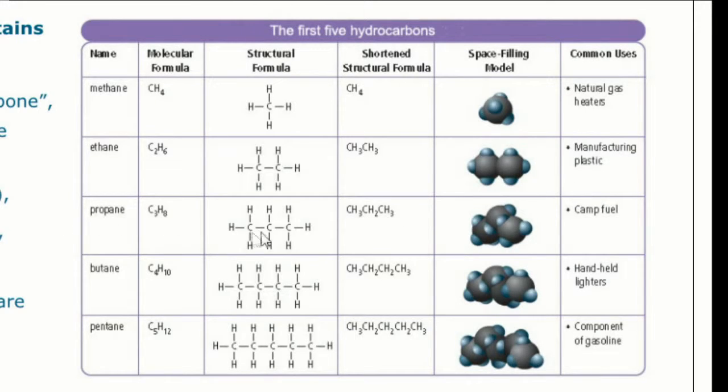The next one, we've jumped up to 3 carbons. So this is C3H8. This is called propane. You guys are familiar with propane. You probably have a barbecue at your house. Might use propane. Butane. Add another couple carbons in here. Fill up the remaining with hydrogens. What's butane in? Well, you've probably heard of a butane lighter. Pentane is another one. You add another carbon, you get a longer chain, and you end up with that, and that's a component of